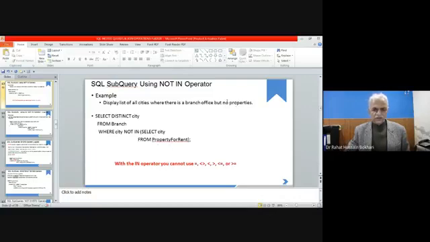We are not looking for no properties but for the properties. You remove the not and say city in this list of cities. In that manner you can use in and not in with subqueries. I hope you practiced this operator with simple queries using in and not in. The only thing to remember is that with the in operator you do not use relational operators.